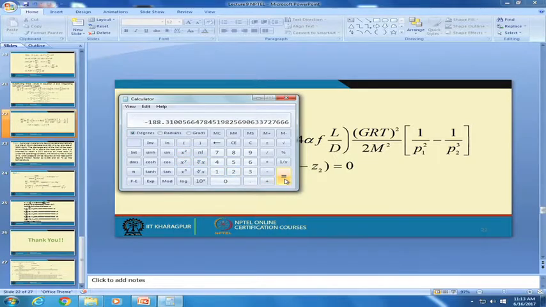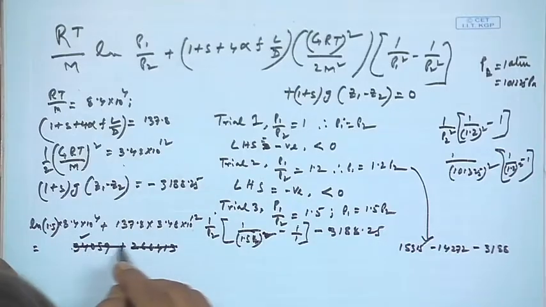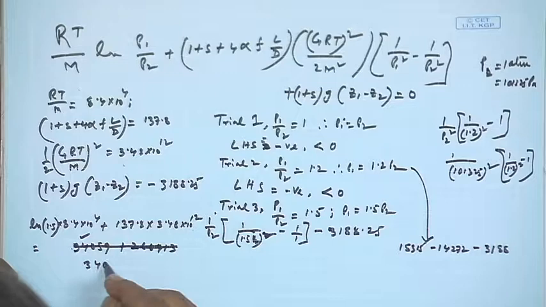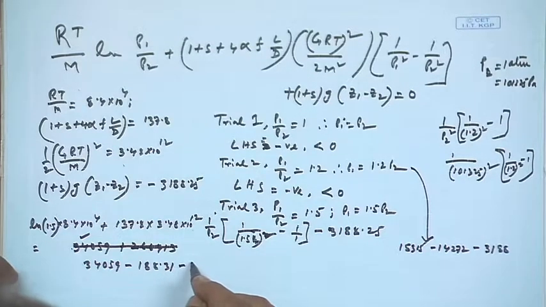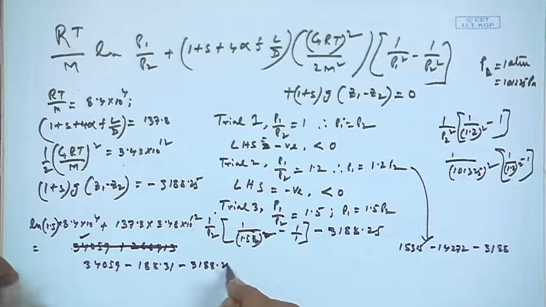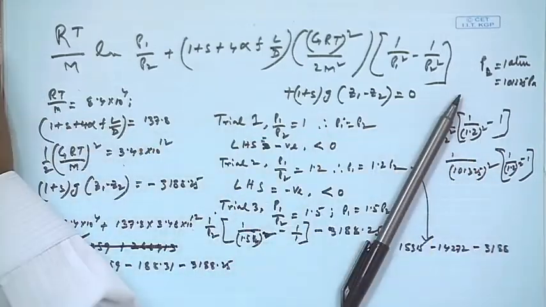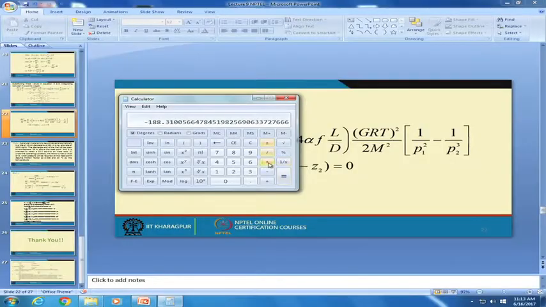So it came to be minus 188. So our thing was 34059 minus 188.31 minus 3188.25. If we neglect that, then it became to be calculated as